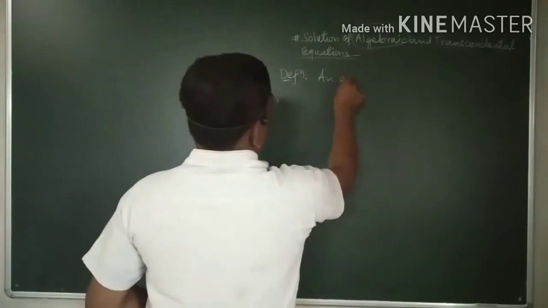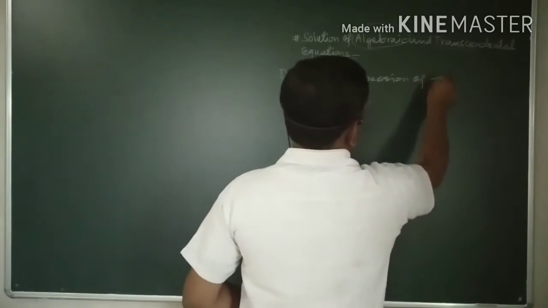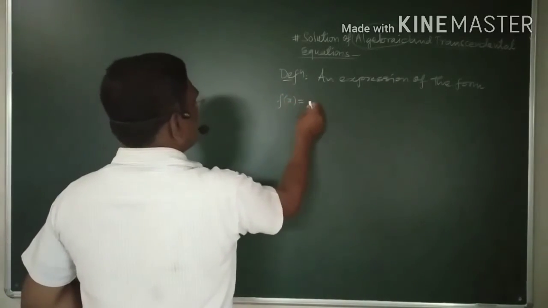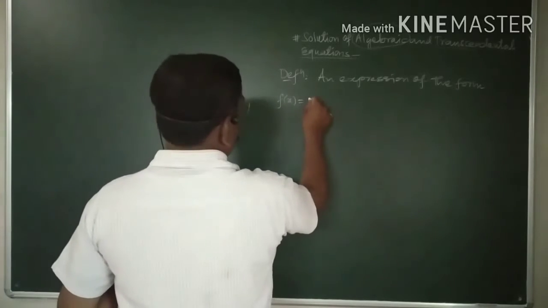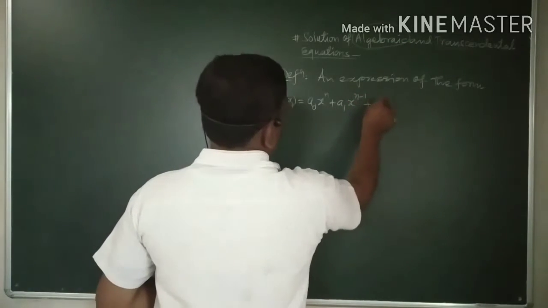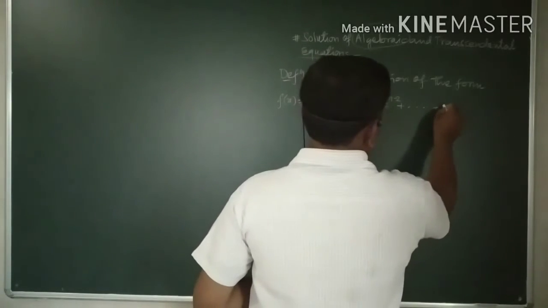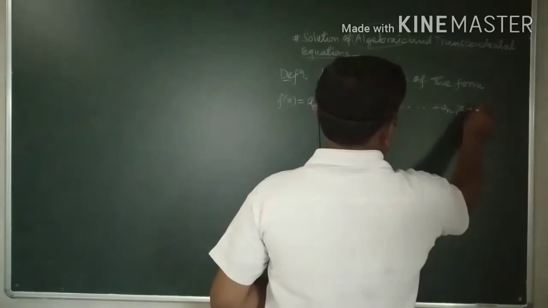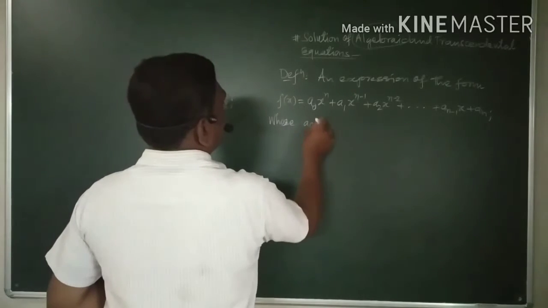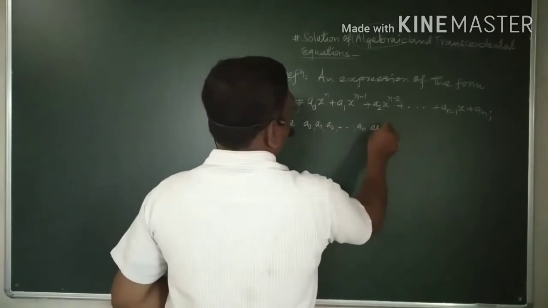Okay. Let us have the definition. An expression of the form f(x) = a0 x^n + a1 x^(n-1) + a2 x^(n-2) + and so on, a(n-1) x + an, where a0, a1, a2, and so on up to an are constants,